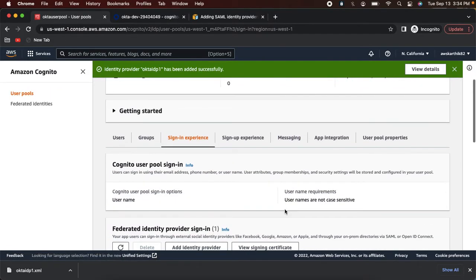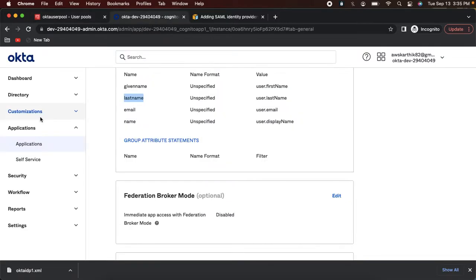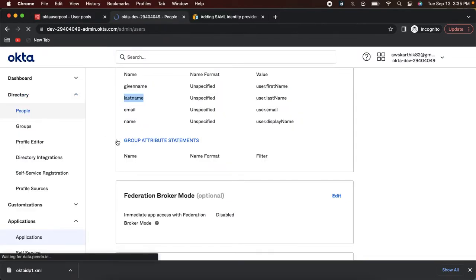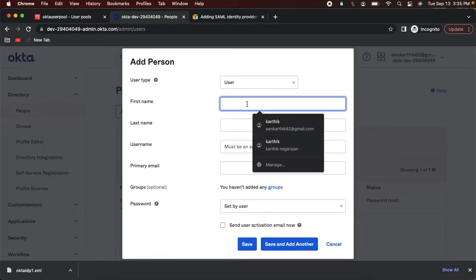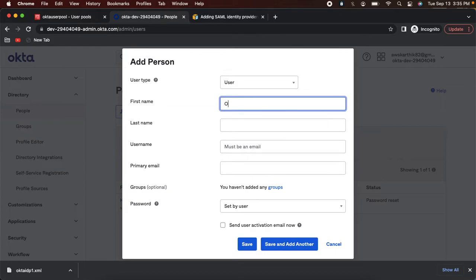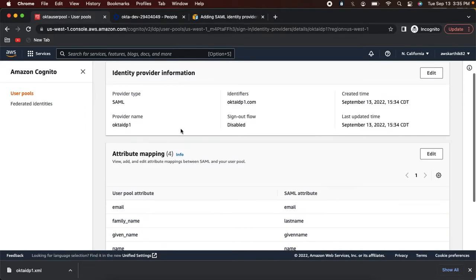So the identity provider is now added and the next step we need to do is create a test user in Okta. So let's go to the directory, people, and add a new user. Let's name it Okta IDP1 test user, and name it Okta IDP1 user at, let's use that same domain that we gave here, which is oktaidp1.com,